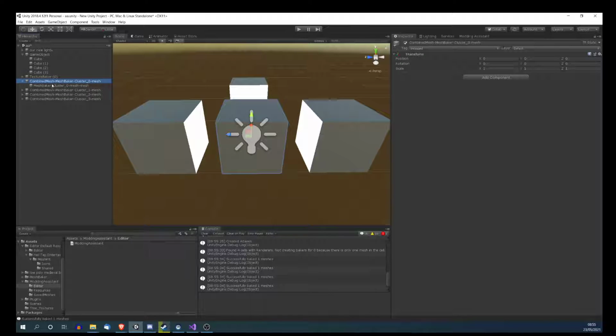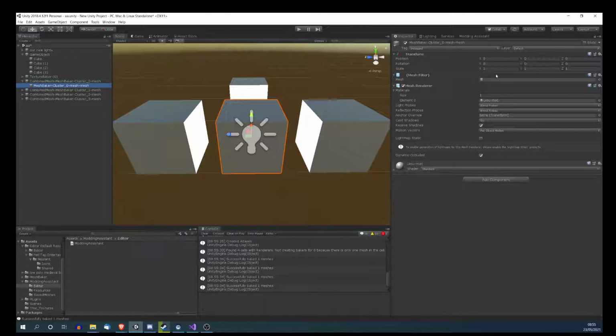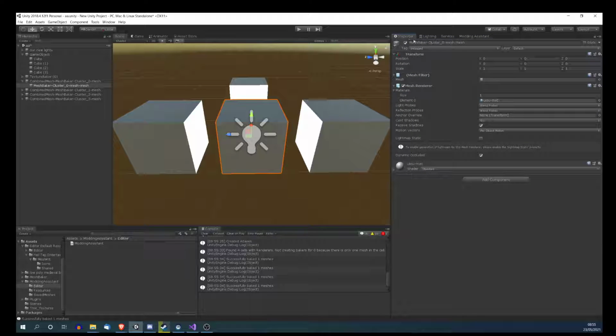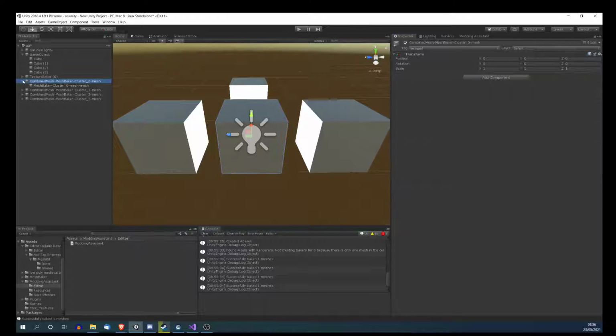Okay, and if you can see here in the mesh filter, there is no mesh name. This is how I detect if it's done by the mesh baker. It has no name. And this mesh is actually not saved here. So if you want to move this object to a different project, you wouldn't be able to move it because this mesh is saved in scene memory. It's not a file. So what you can do is